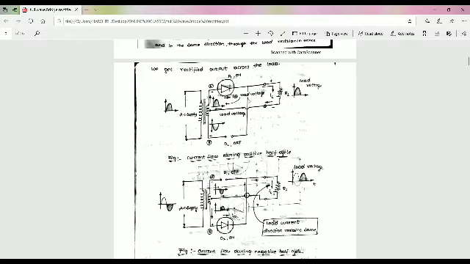This current is flowing through the upper half of the secondary winding, while the lower half of the secondary winding of the transformer carries no current. Only the upper half produces current. In D2, this is reverse biased, this is open circuited. So this is the reverse biased condition. So it will not conduct any current. This will be open circuited.